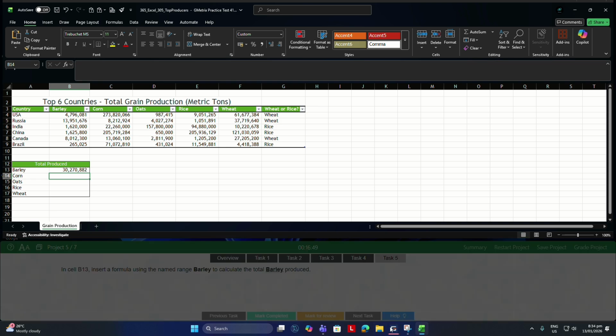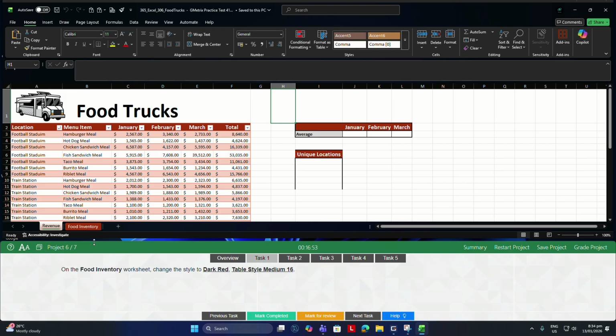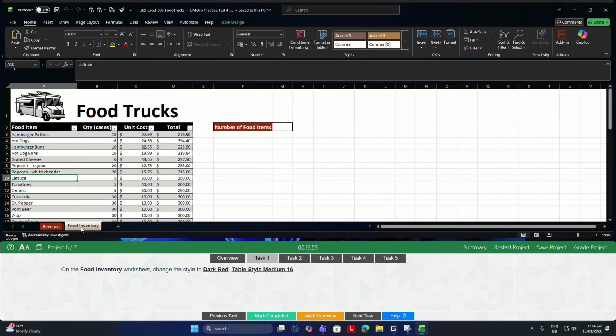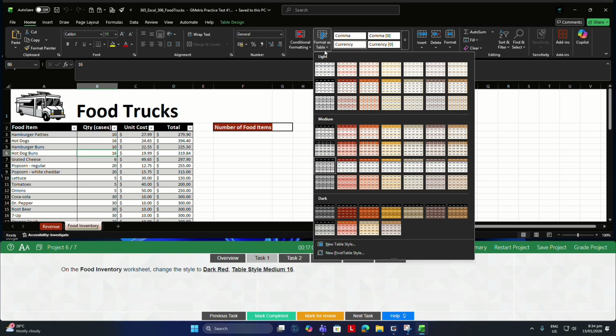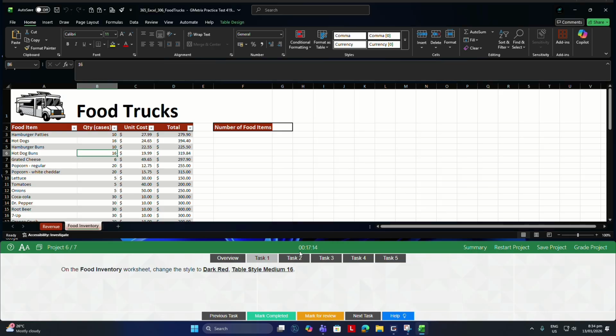Last two projects left. On the food inventory worksheet, change the style to dark red. It is black. Change the style to Dark Red, Medium. This is light, this is medium. Okay. Task 2. On the same worksheet, enter a function in G2